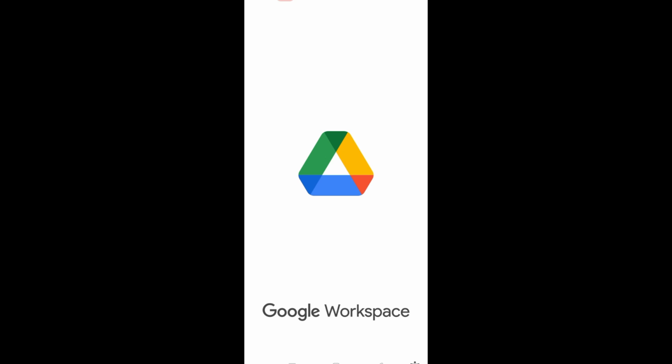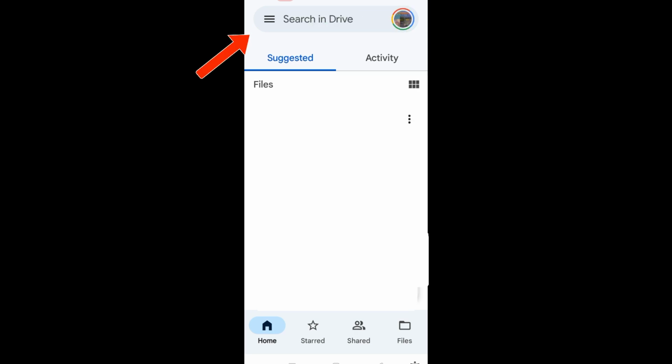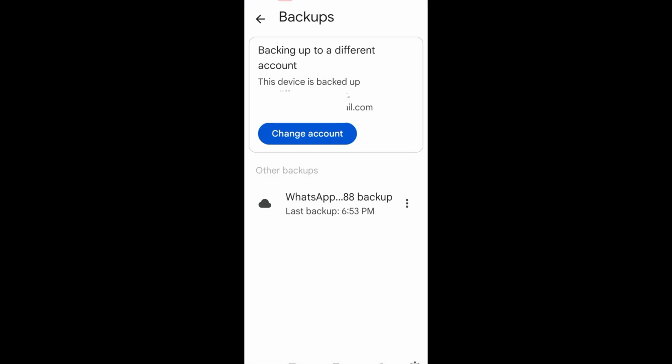So you have your Google Drive with you and make sure that you're connected to that same account with your WhatsApp account. Now tap these three lines at the top left corner and there you will see backups and all you have to do is to open that. You will see there your WhatsApp and you will see there your